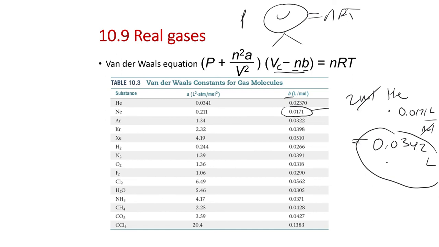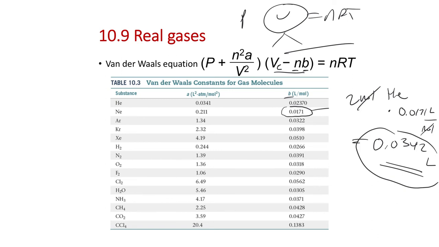But put this much neon into, say, a 250 milliliter container, now you can see the problem: the smaller we make the container, the greater the percentage of the space of that container is being occupied by the neon particles. If you take the volume of our container minus the space actually occupied by neon, that tells you the free space. If you're using a 100-liter container, it's almost 100% free space, right?